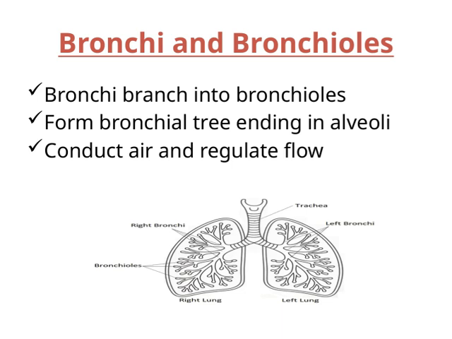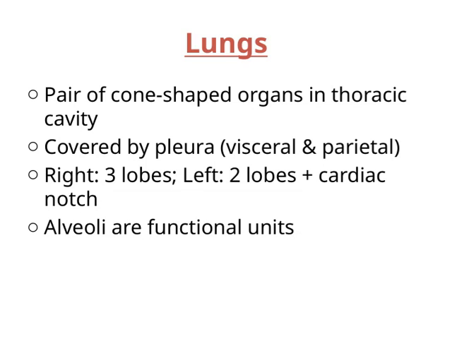When we think about the respiratory system, understanding this branching system is key because it highlights how efficiently our lungs are designed to maximize oxygen intake and carbon dioxide removal. So, the bronchi and bronchioles are really the highway system of the lungs, guiding air precisely where it needs to go. Now, let's take a closer look at the lungs, which are a pair of cone-shaped organs located in the